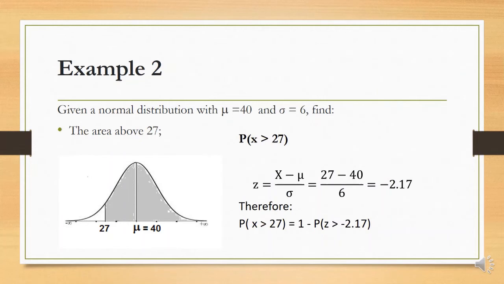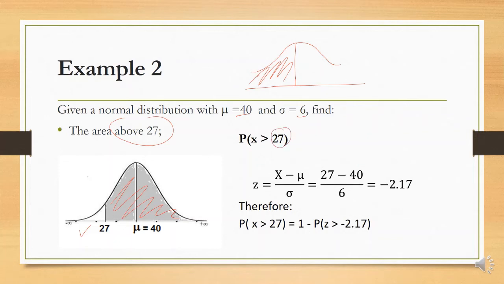Another example, again, 40 ang mu, 6 ang standard deviation, ang area natin above 27, so ang ating curve above, so these are the curve sa dulo, no? Remember, ang mga table natin, nagre-read sila from f of 0. So, palaging ang reading natin ng table ay from the left side. Okay? Now, ang gagawin,